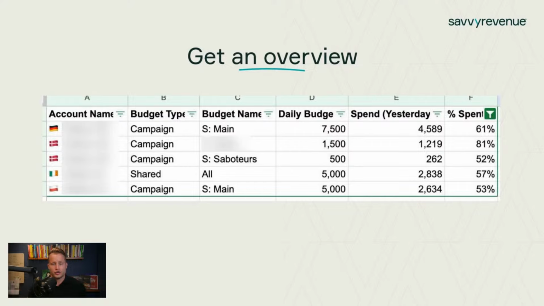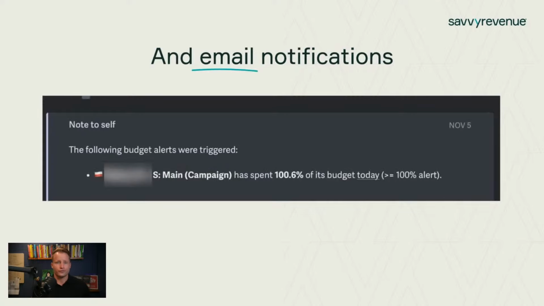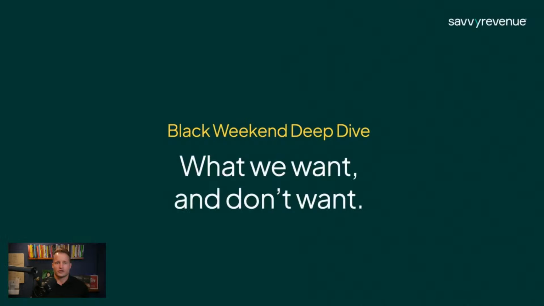And it will compare it to the budget that's set to it and give you a percentage. And if you're at 80%, it will send you an email. It's not going to send you an email every hour. It's only going to send it once during the day, once a campaign hits a spend percentage. This works both on shared budgets and on campaign budgets. So you are in the clear. This will save you a ton of headaches, especially if you run several accounts. But honestly, I see this happen on individual accounts too. Yeah, that's the email notifications.